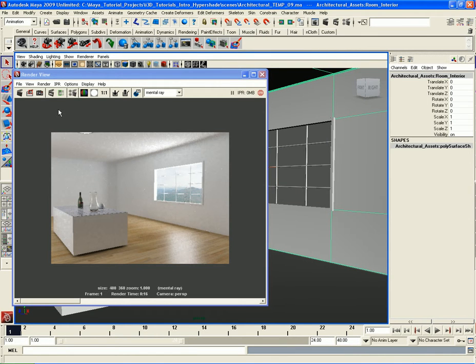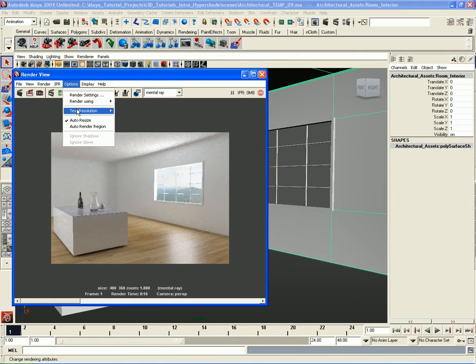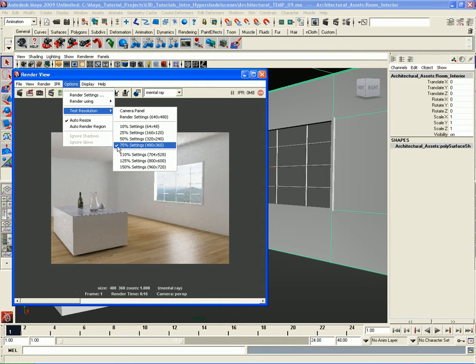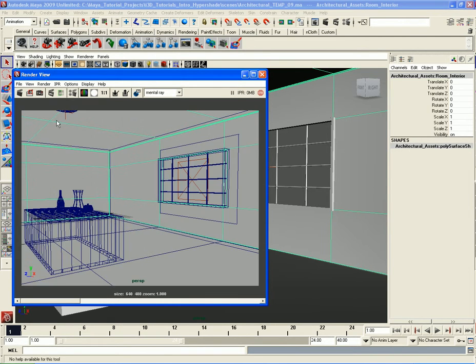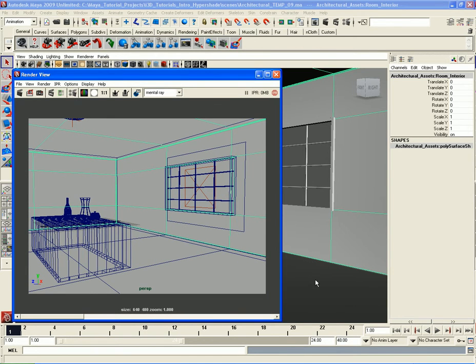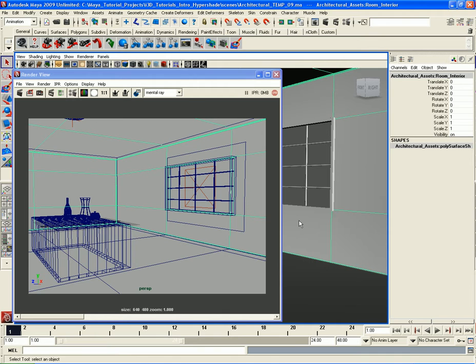And what I'm going to do is I'm going to go to options, I'm going to go to test resolution, and I'm going to tell this thing to render out at my render settings, which is 640 by 480 pixels. Right now it's set to 75% of that, which is smaller. So if I do a snapshot here, you can see the render is much larger now. Okay. Alright. So I'm going to hit render, and this render is going to take quite a few minutes to